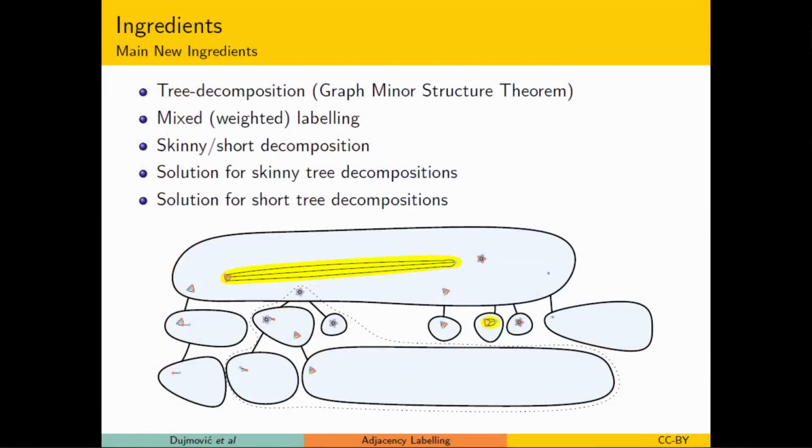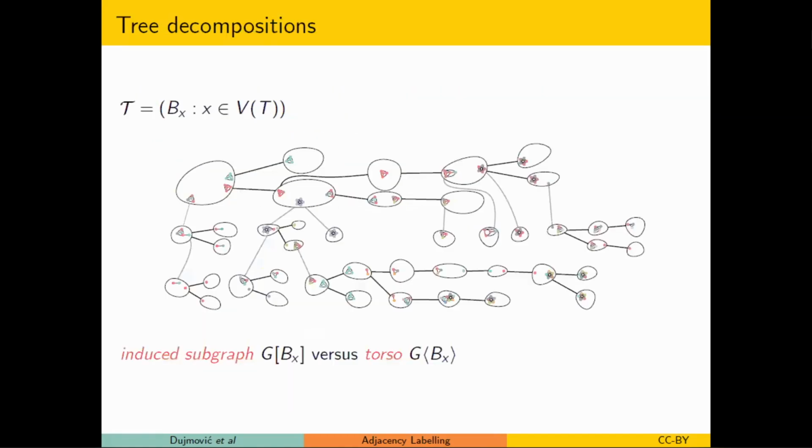And so that means we need a solution for skinny tree decompositions, for mixed labeling, and we need a solution for short tree decompositions, trees of small height. So those are the steps, and I'll try and explain them in moderate level of detail, let's say. Okay. Questions yet? Great. Okay, one thing to look out for,